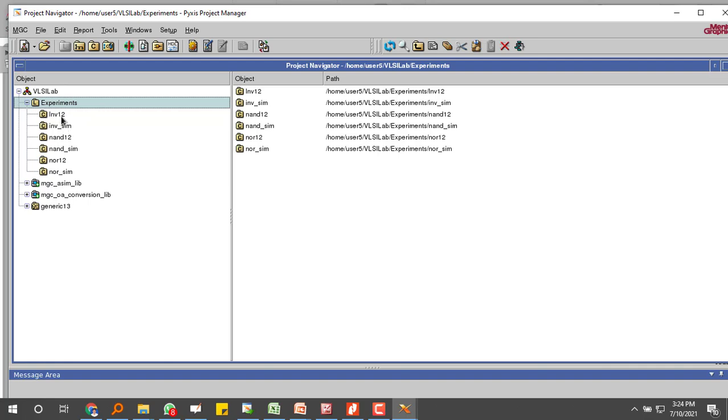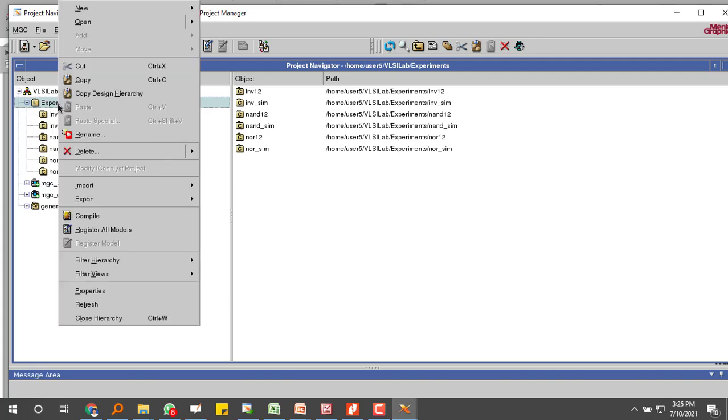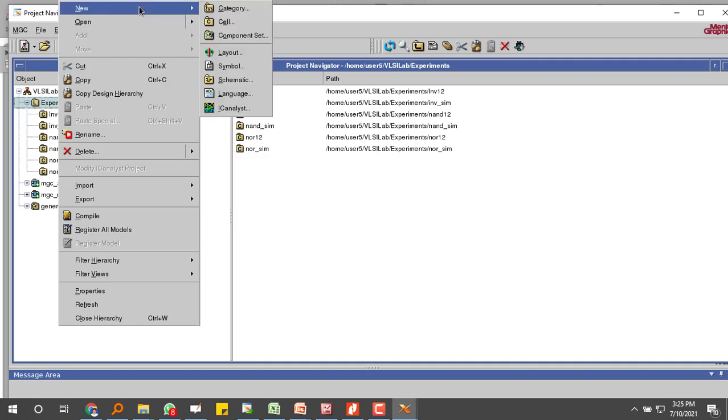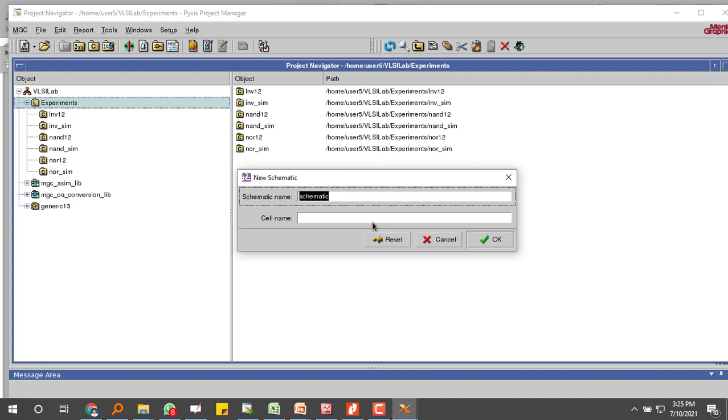As I have told you, the first lecture is about designing an inverter, then NAND gate, NOR gate. Now in order to design a half adder, I definitely need an AND gate and an exclusive OR gate. So what I will be doing is creating the AND gate, OR gate and also the exclusive OR gate to design a half adder. First of all, I will name the AND gate.